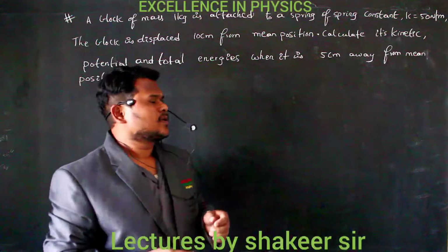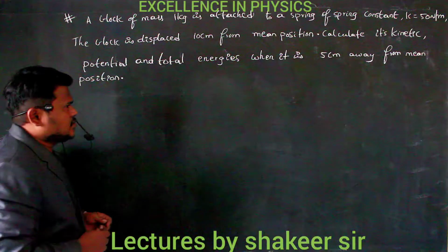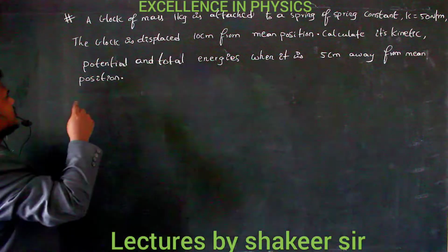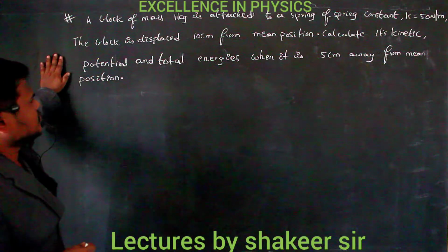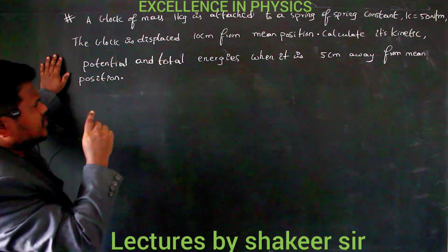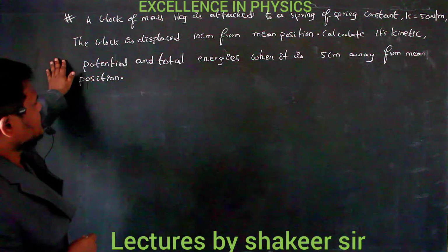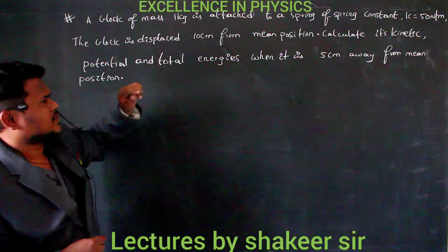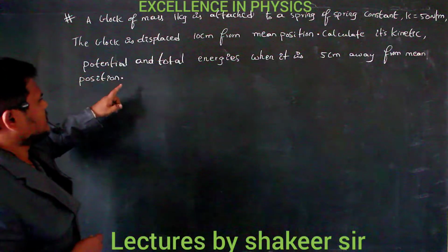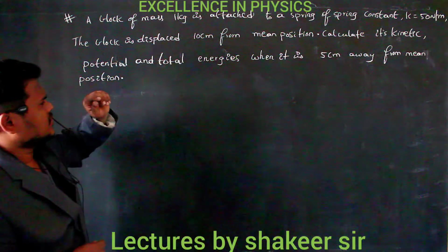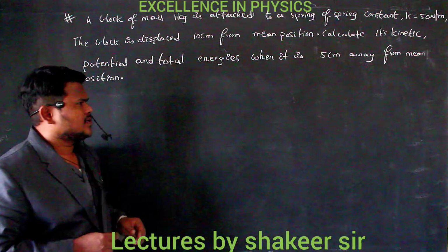Dear students, now let us see some questions on energy concept in simple harmonic motion. It is given that a block of mass 1 kg is attached to a spring of spring constant 50 Newton per meter. The block is displaced 10 centimeters from the mean position. Then we are supposed to calculate kinetic energy, potential energy and total energy also when it is 5 centimeters from